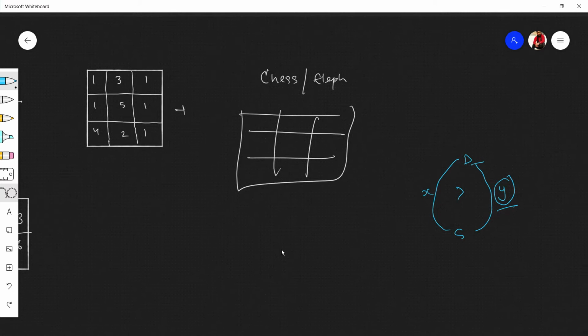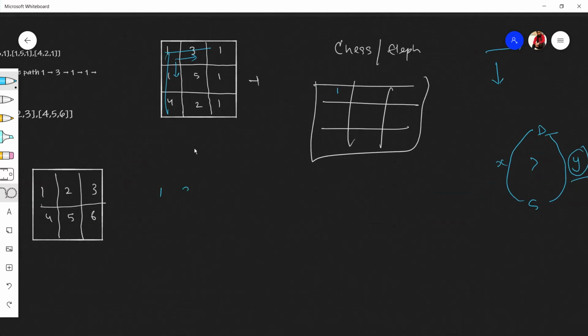And one more thing: we can only go right and down. No diagonal moves, nothing. So let's see. Starting with this value, you are standing on it, so this is the minimum token you need to pay. Fill it here. Now you have two options, either go right or go down. We will see both of these separately, so you'll get a better idea.